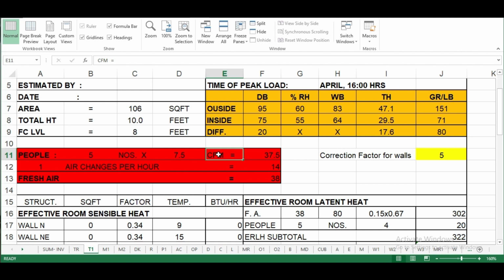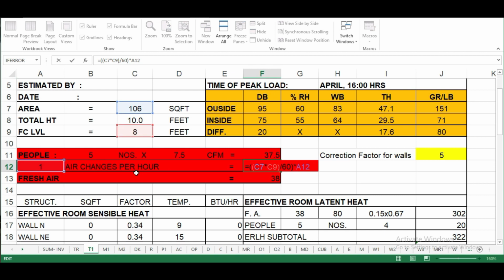Like for example, if you are going to a shop and asking for sugar or potato, you are asking for 1 kilo or 2 kilograms, like that. That's calculated in CFM. The second way is air changes per hour. Basically there are some considerations for air changes per hour, depending on what type of project you are considering. Is it an industrial one, a commercial one, a residential one? On that basis we consider the air changes per hour.